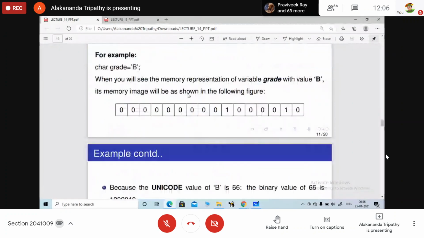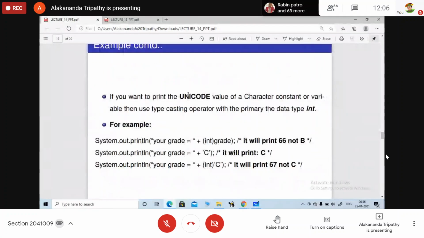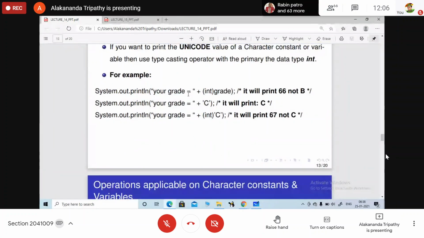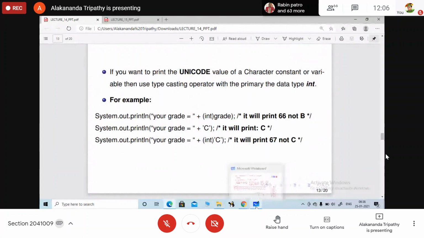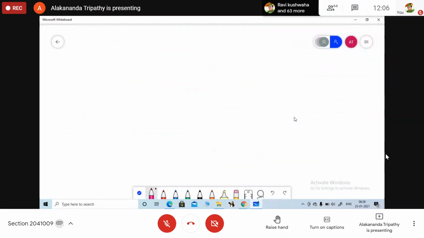Characters, we have already discussed all those things for the Unicode. Now I will give you a few questions. I'm just noting it down. Just tell me what will be the output.